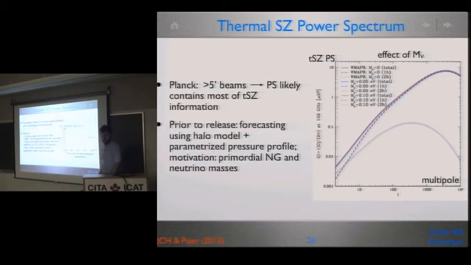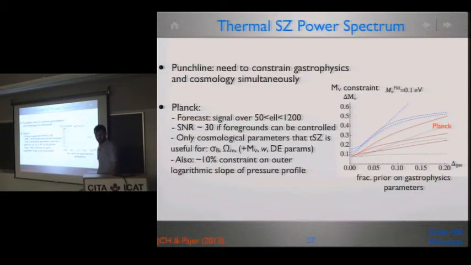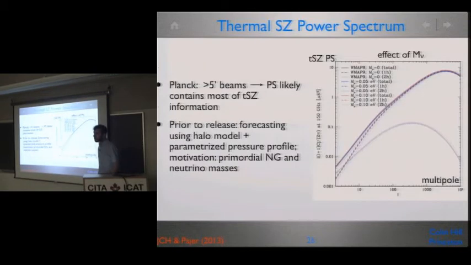Yeah. So here, you showed that the average pressure profile matched up well with the stacked ones from the Battaglia et al. But in fact, the actual observation is each one has its own profile. Right, so that's why they stack them to get an average. But for this, the difference between those curves there, how do you know that the difference, if you didn't assume a spherically average profile, you would get the right